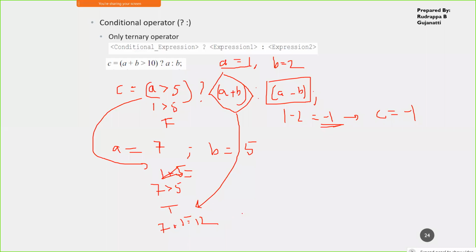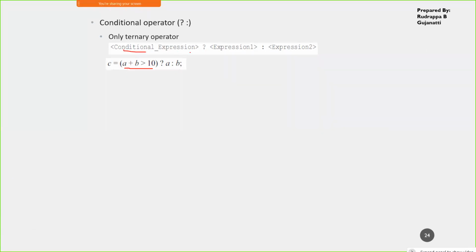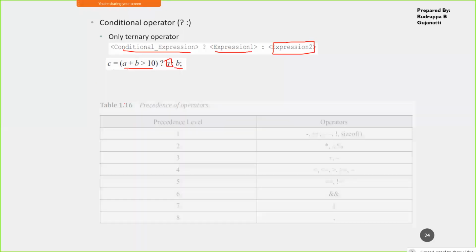C will be assigned the value of this expression, that is 12. So this is what happens when you're utilizing the conditional operator. This conditional expression will be evaluated. If it is true, expression 1 will be evaluated and utilized. If it is false, then this one will be evaluated and utilized. That is what is happening in conditional operators.